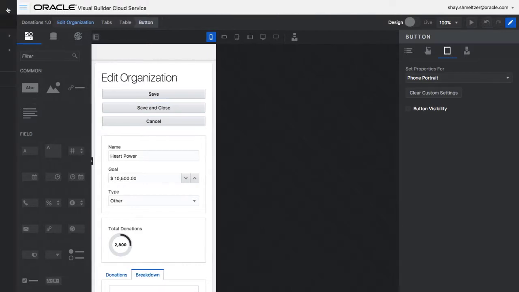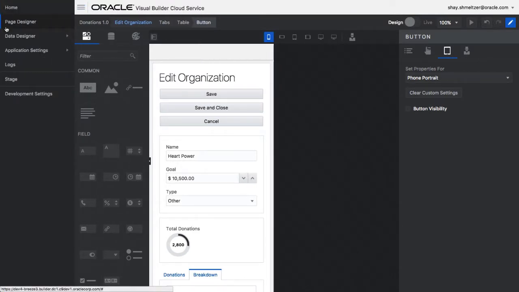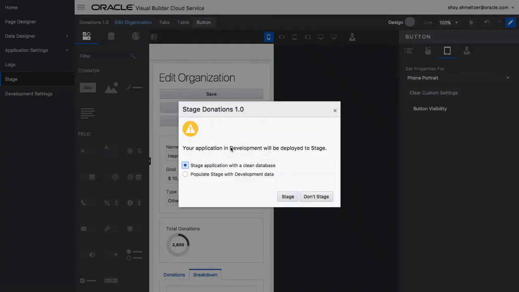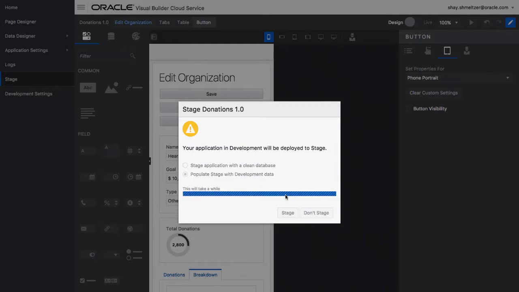In this section, we learn about the life cycle of your application. Once you're done developing your application, you're ready to stage it. Simply choose the stage option from the top menu. You can stage your application with a clean version of your database or with the same data that comes from